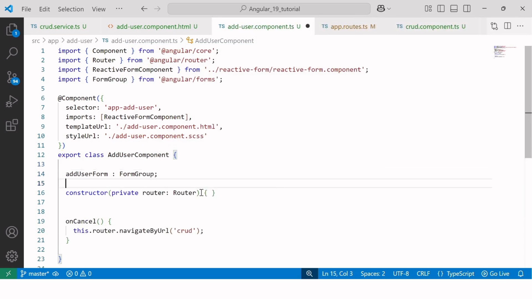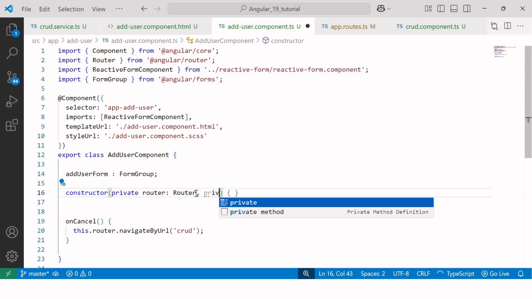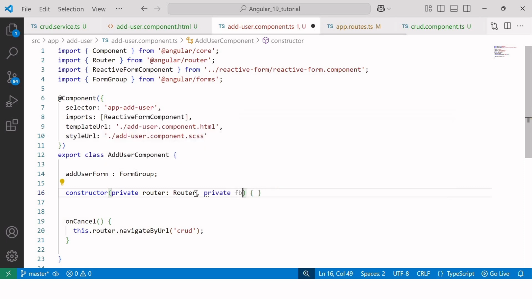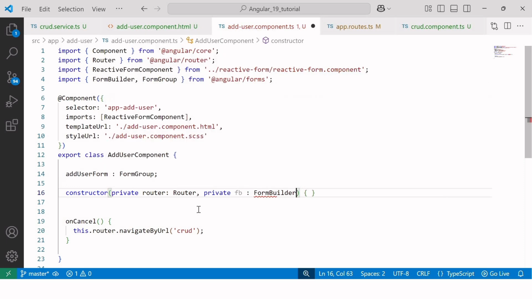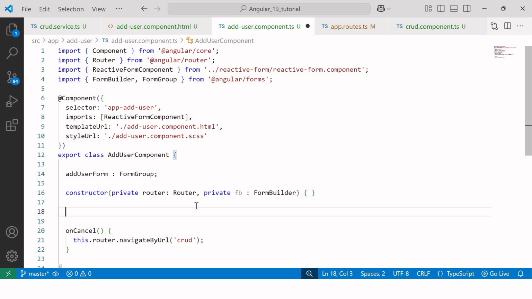To initialize it, I'll use the FormBuilder service. So let me inject FormBuilder, private fb: FormBuilder. And now I'll assign the result of FormBuilder to this addUserForm variable, like here, addUserForm equals this.fb.group